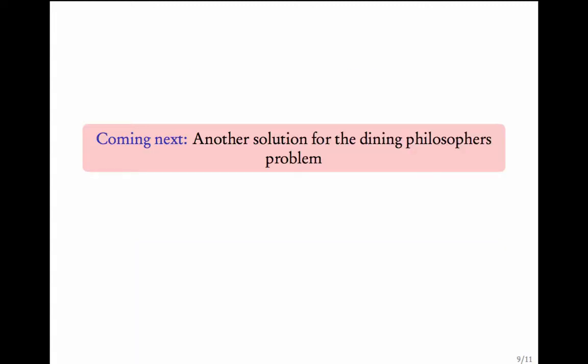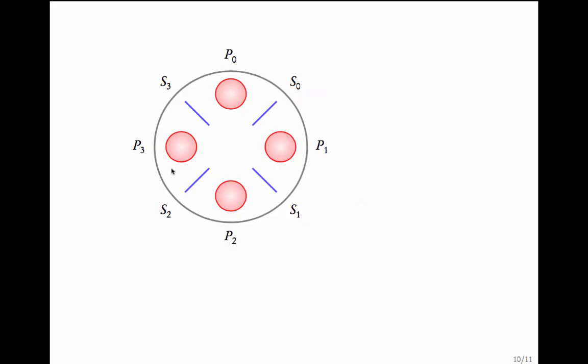Let us now see another solution to the dining philosopher's problem where this deadlock can be avoided. So here is the scenario. We want to prevent the scenario where each philosopher has one stick. How do we prevent this? Initially,